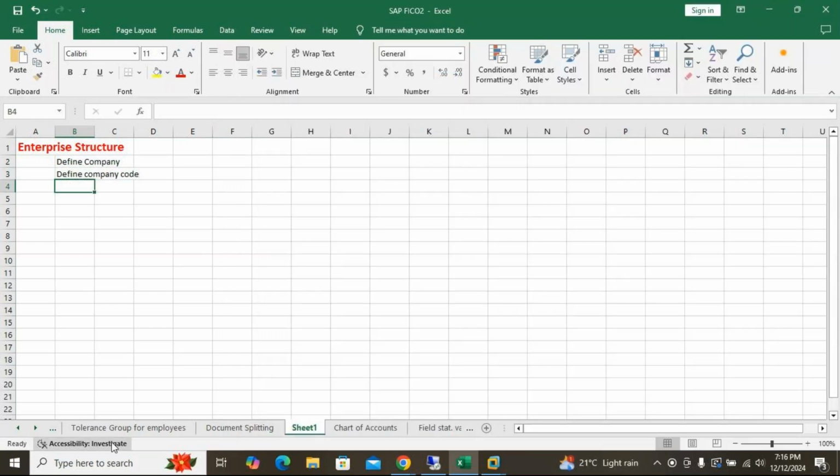Then, here assign company code to company. Okay, then we did define business area. Sorry, define credit control area.